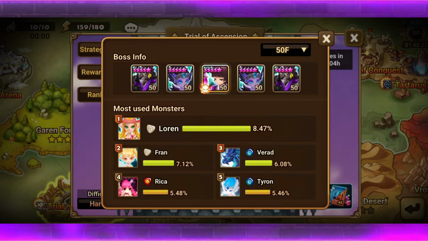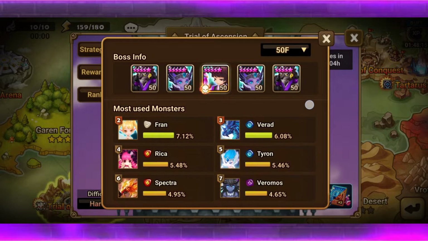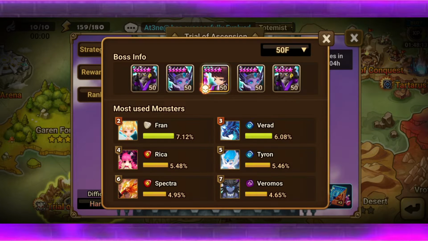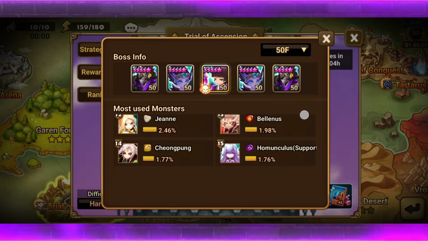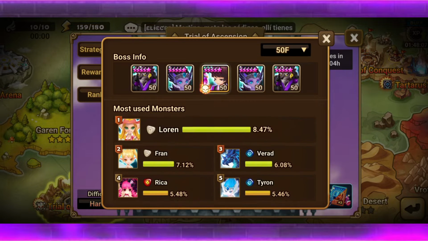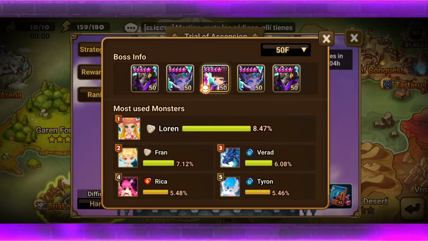especially when you get to stages like this, floor 50, where it can be really difficult. So you're going to need more monsters than just your basic team. You're going to need better runes than the ones that they give you in the beginning. Tyrant, Varad, Rika, Thrain, Sath. All these units are going to be really helpful, and you're going to need units of this caliber